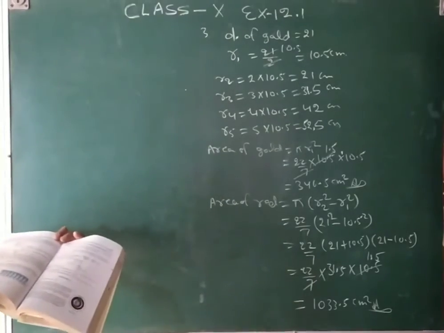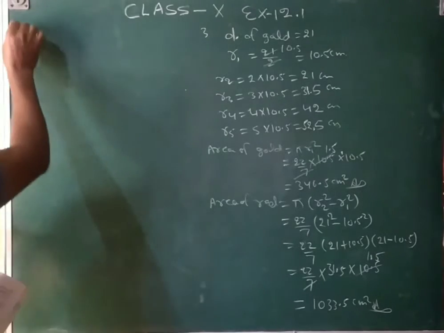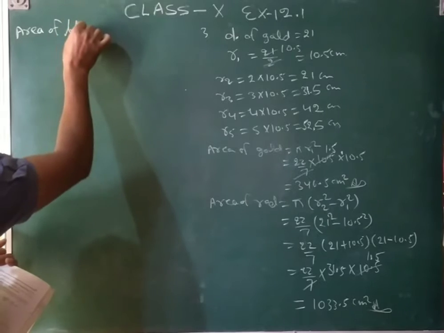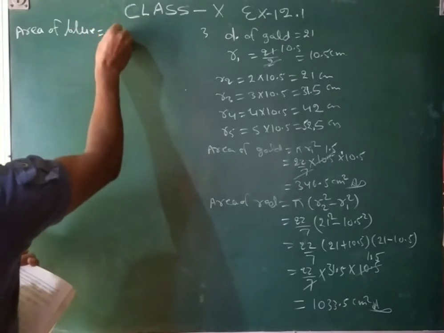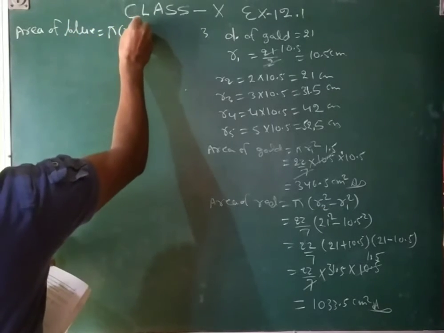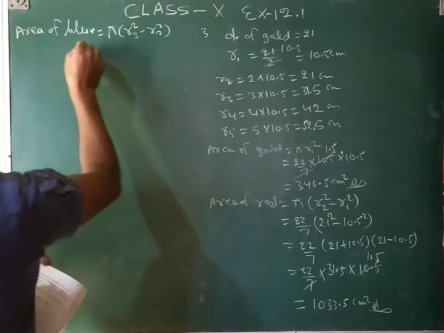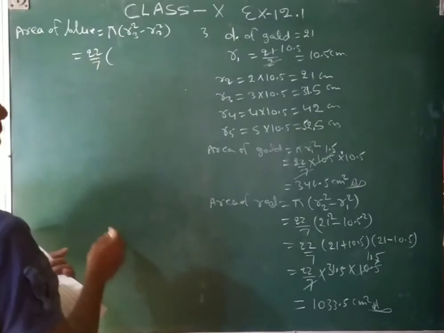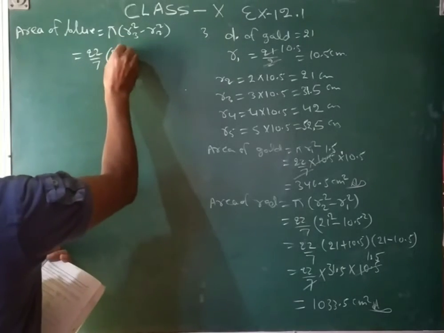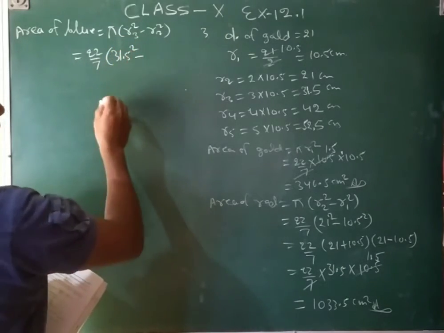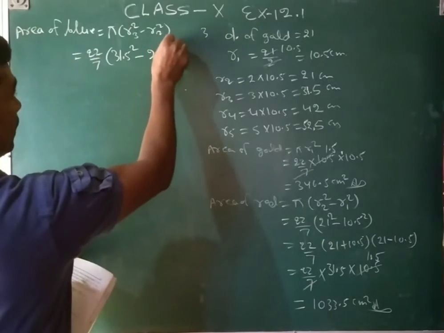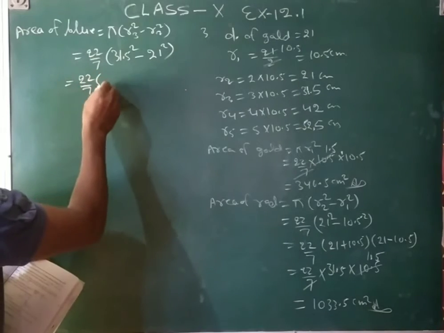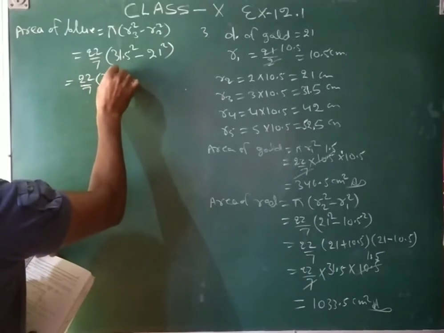The next one is blue. Area of blue is equal to pi r3 square minus r2 square. So that 22 upon 7, r3 is 31.5, 31.5 square minus 21 square. So one time it, similarly you will write in plus and minus